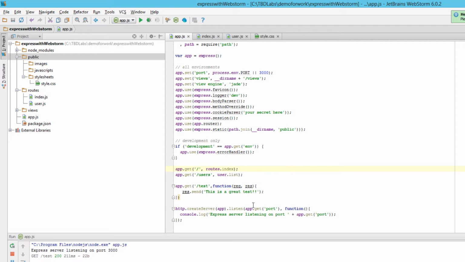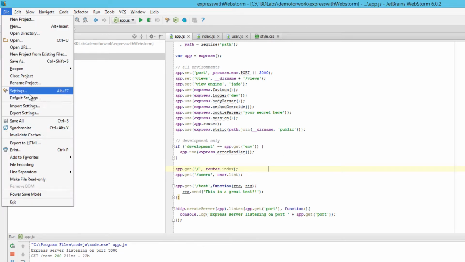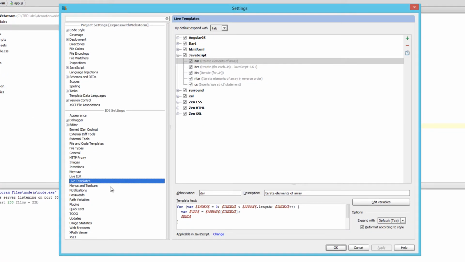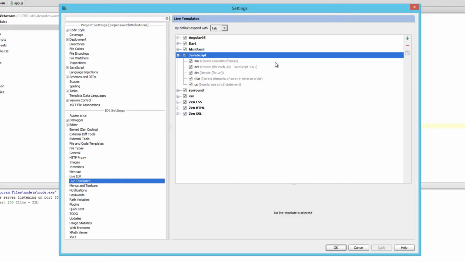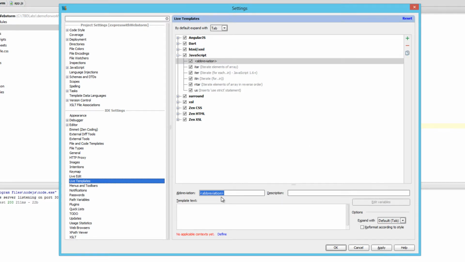But let's say now we find ourselves in a habit or pattern of doing several routes, using a lot of gets, that sort of thing, and we see that it'd be great if we could create a code snippet, kind of like in Visual Studio. Let's show you how that works. So in here, I'm going to add a new one under the JavaScript area, and we'll name it app get, and I'll call it node.js app get code snippet. And in the code, the template will be